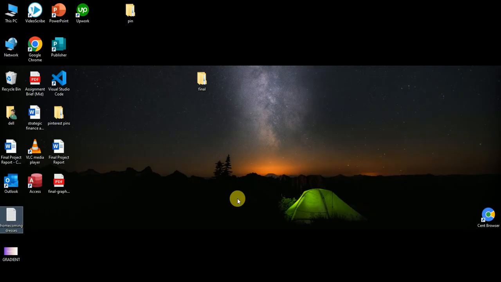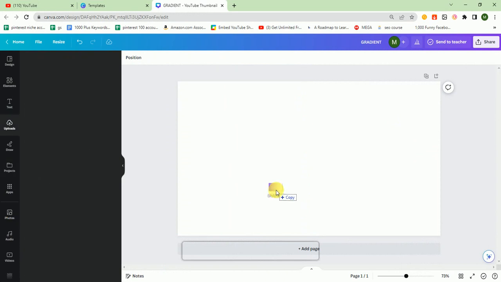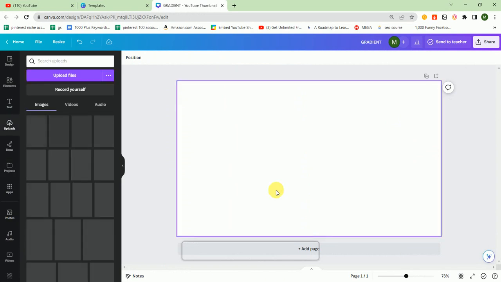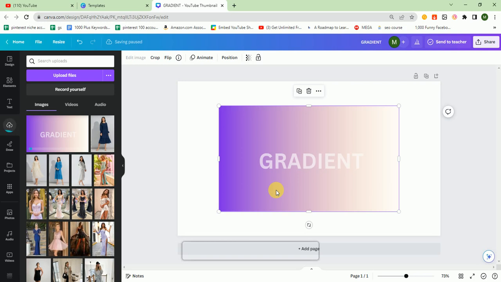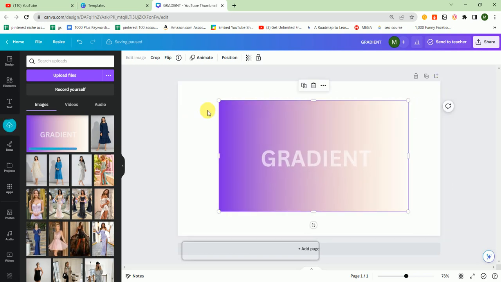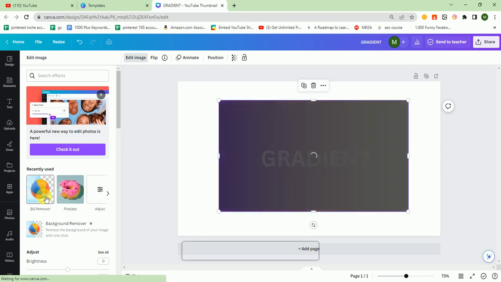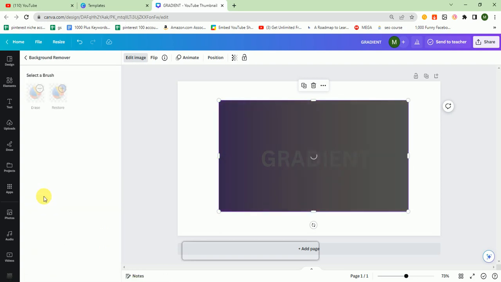I go to my desktop, and here I download this file, and after that I drag this file and place it here, and click on this edit image and remove the background. So the background is removing. Wait for some seconds,